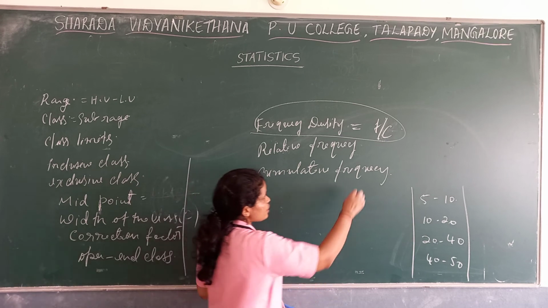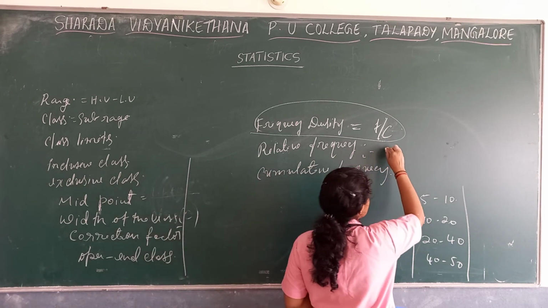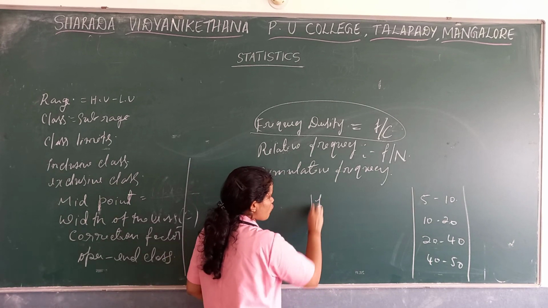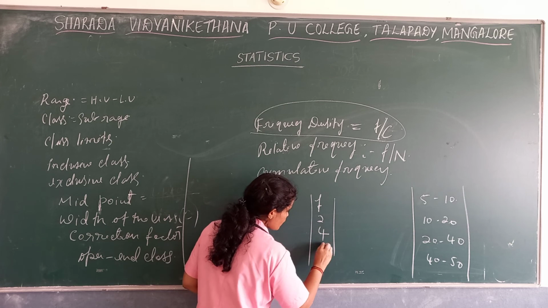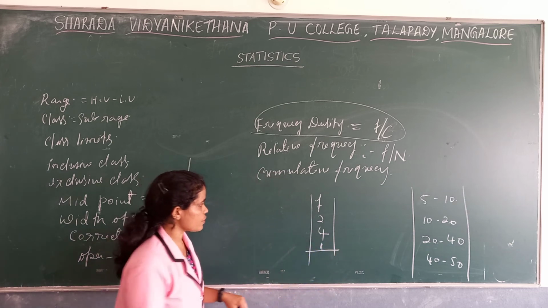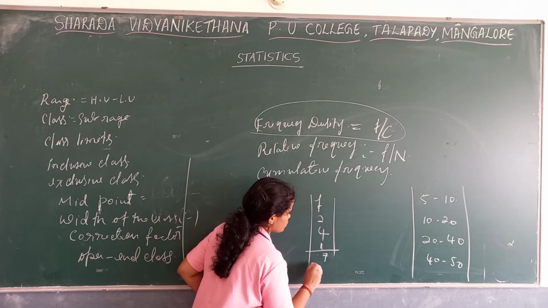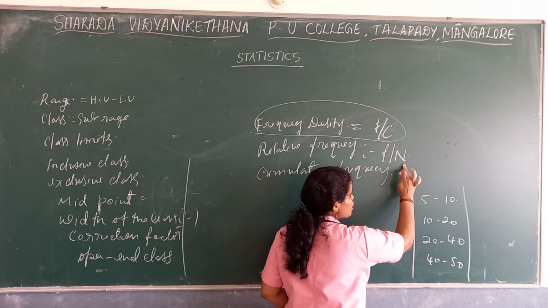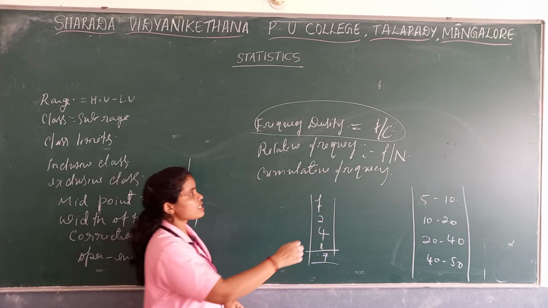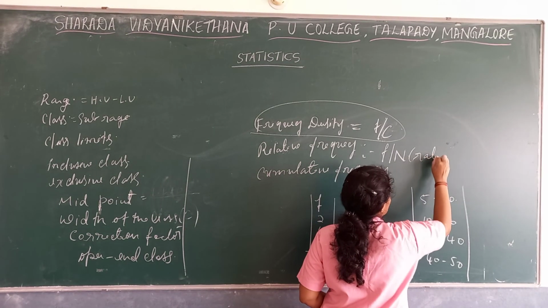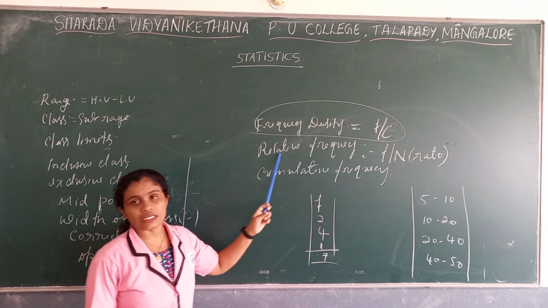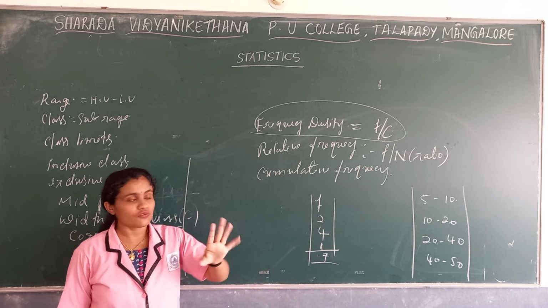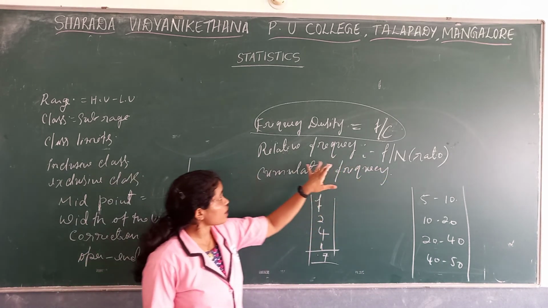The next one, relative frequency, where we present the frequency in the form of ratios. It is nothing but the frequency divided by the total frequency. We present the frequency in the form of ratios, and we are not using it for any other purpose. It is just for the purpose of 1 mark or 2 marks questions. You will not get any computation of relative frequency.